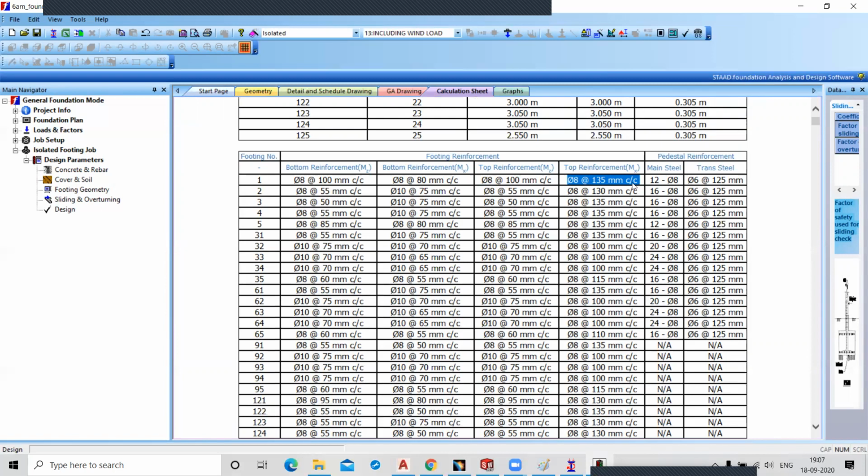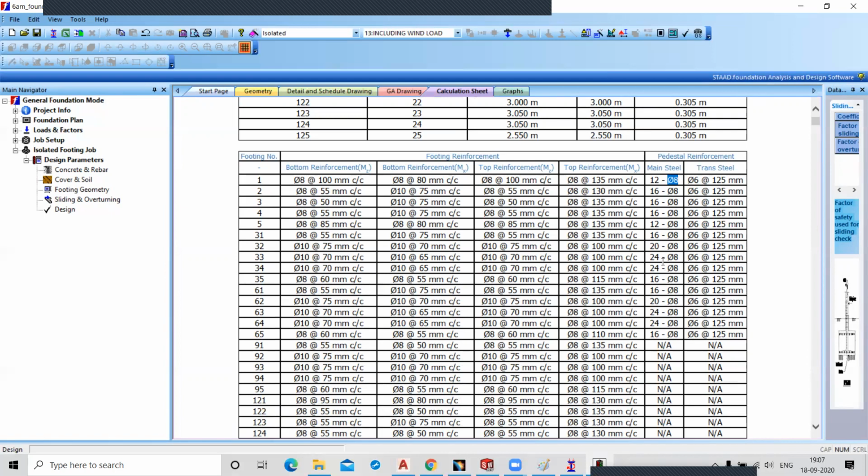Okay, agreed? Yes. And this is your pedestal. In the main steel, you have 12 bars of 8 dia. And this is your transverse steel, means your ties, 6 mm bars at the rate of 125 mm. Okay. Yes.